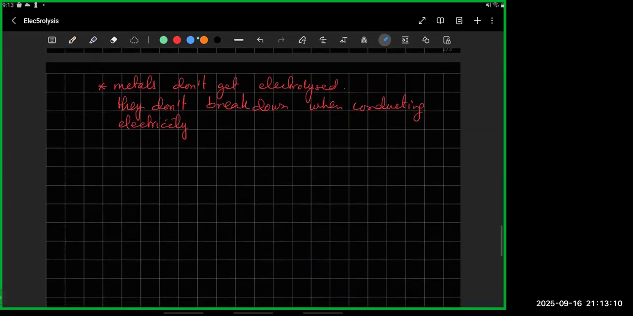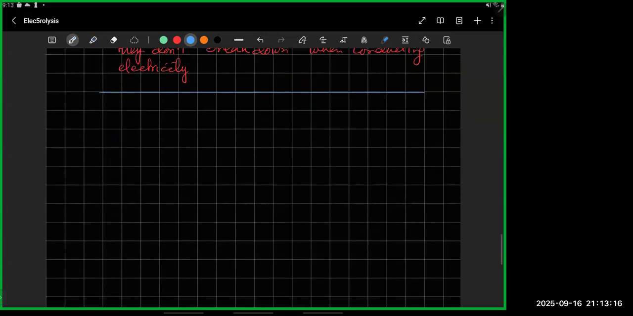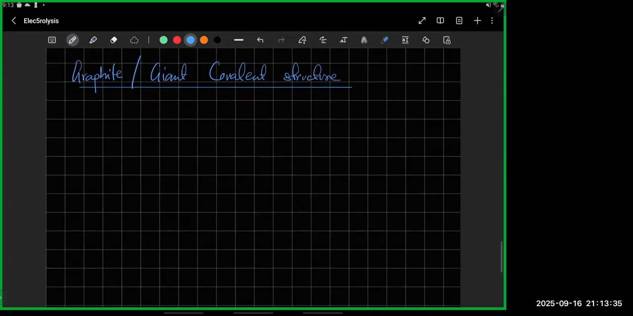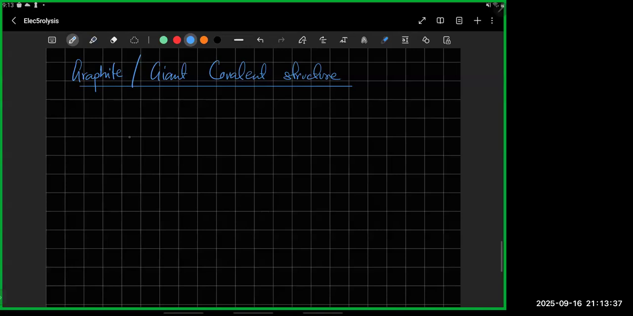So who else conducts electricity? There are a few more. Okay, we talked about metals. Who else conducts electricity? There's graphite, right? There is one giant covalent structure, which is graphite. Graphite has a carbon atom,